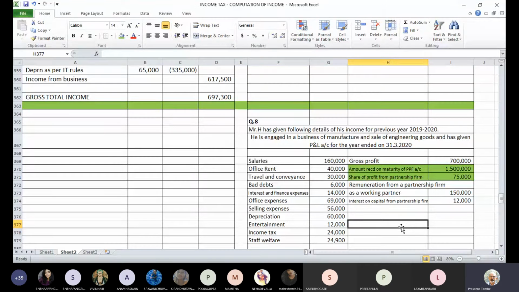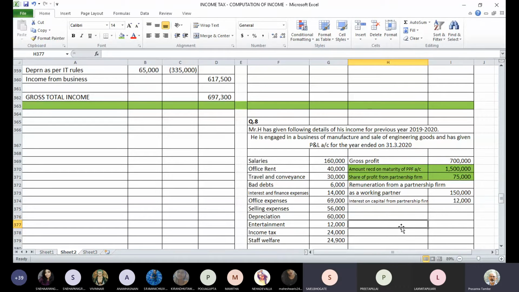Then what about remuneration and interest on capital, which is the appropriate head to tax this? Both are taxable as income from business because you have section 28 that governs this, and section 28 says both these sums will be liable for tax as income from business or profession. That means if you look at the credit side, there are two sums just marked by me with shaded area, eligible for exemption under section 10. All other credits are taxable, and all of them are taxable as income from business or profession. So that means we have just one head of income here, and that is income from business or profession. Have you understood this?